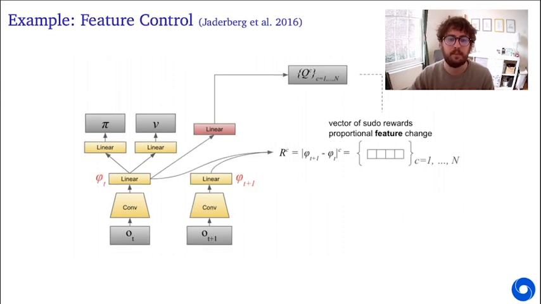So for instance, in the same paper, they introduce another related GVF-based auxiliary task, which is what they called feature control. Again, it works by constructing a large number of cumulants, but these are computed as the differences between the activations in the network itself between consecutive steps, instead of being differences in the intensity of pixels. But similarly to pixel control, once we have this large set of cumulants, however we derive them,